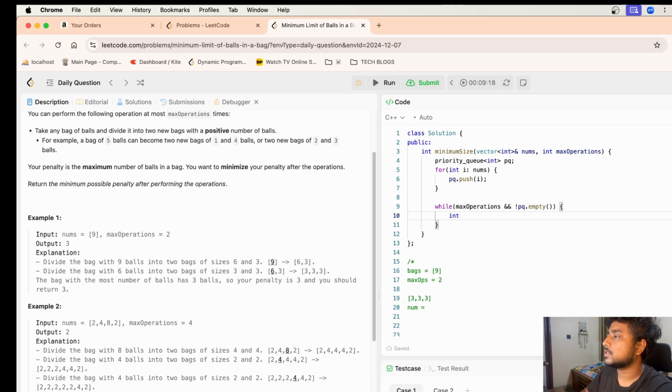So we say current is equal to PQ dot top and then PQ dot pop.